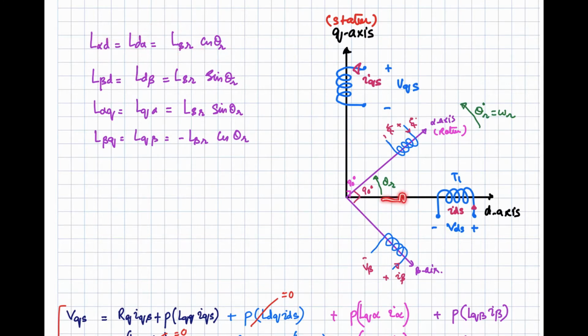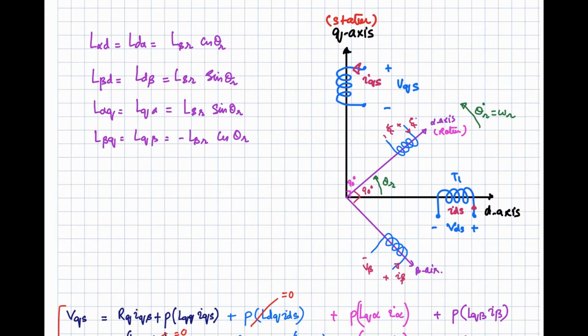So when you are at this axis, your winding is over here, you have the maximum mutual inductance. But as the rotor changes its position, because the rotor winding is assumed to be rotating, this mutual inductance will decrease, and over here it becomes 0, and then when it is over here, it will have a negative effect, meaning opposite voltage will be induced somewhere else in the circuit. Similarly, it will change sign according to the cosine function. So L alpha d and L d alpha are given by LSR into cos of theta r.